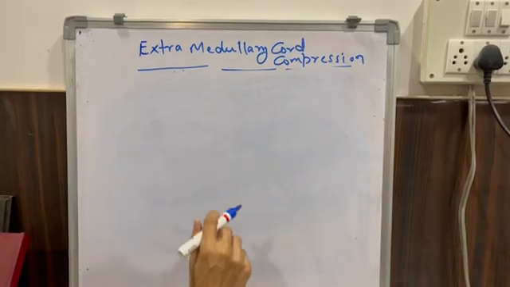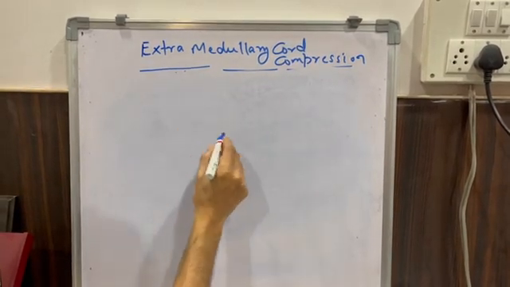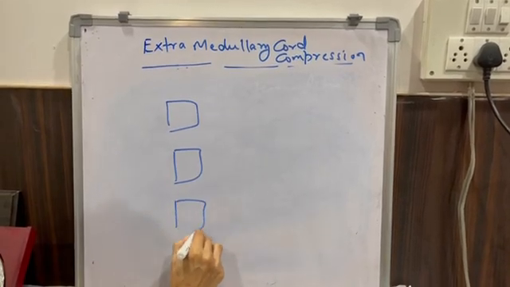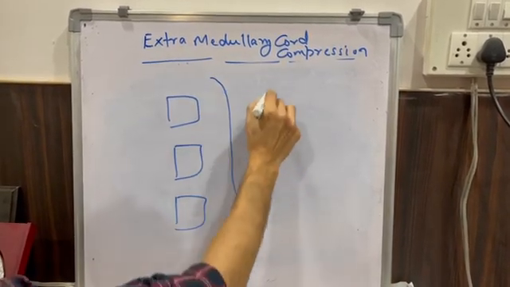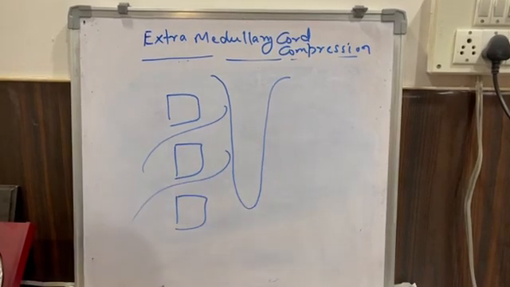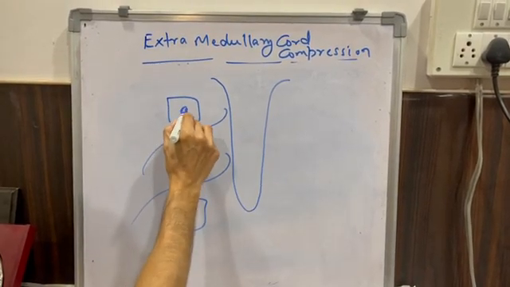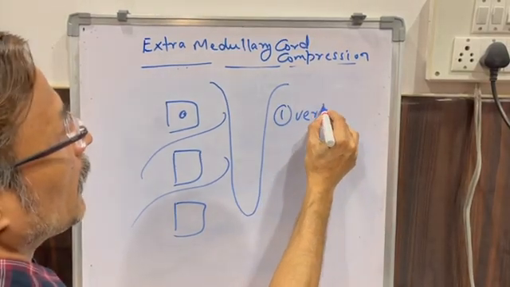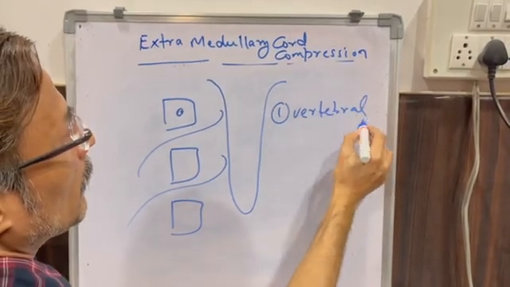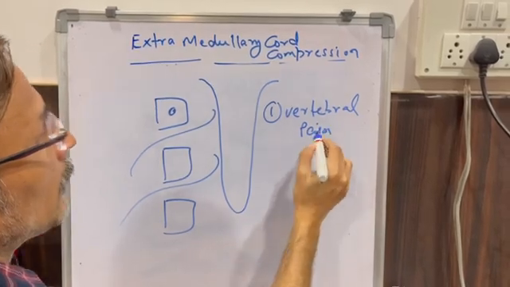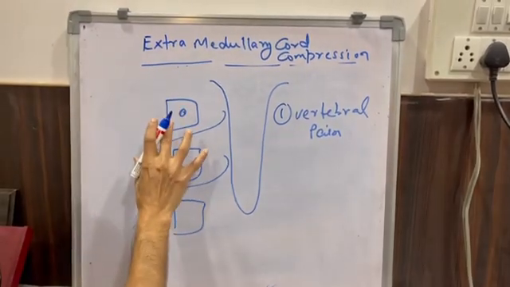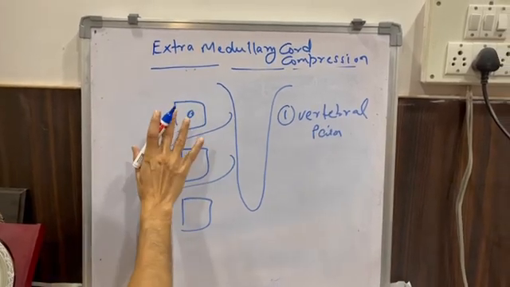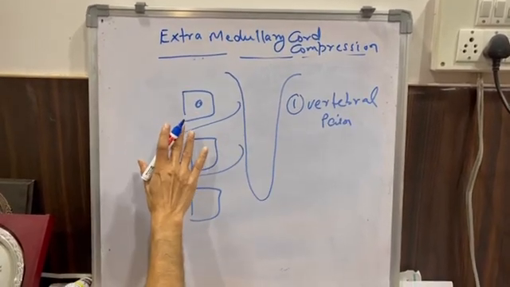So now how will the clinical presentation be? Coming down to the same diagram to be clearer now. Once the disease is present in the vertebra, the first thing will be vertebral pain. Vertebral pain will be localized to that vertebra. The pain is arising from the bony substance of the vertebra. Localized to the vertebra, there will be vertebral pain.